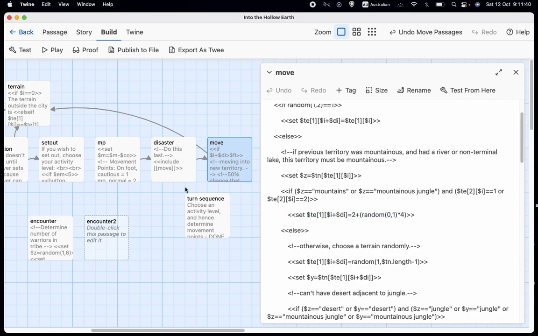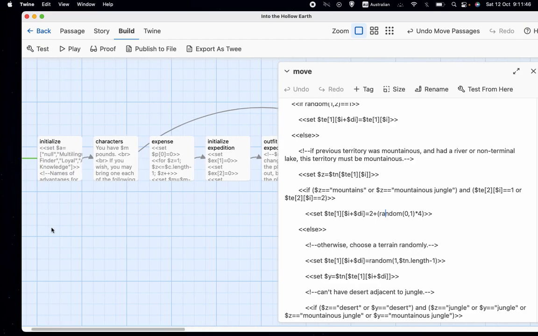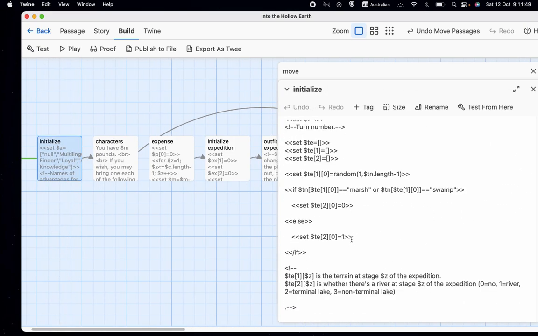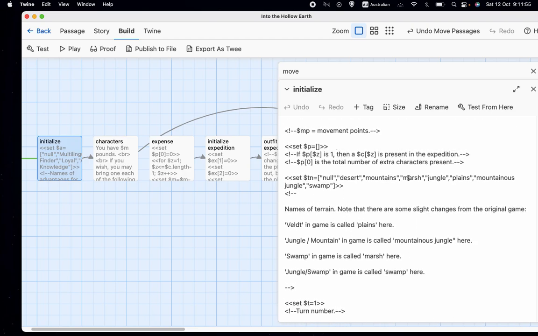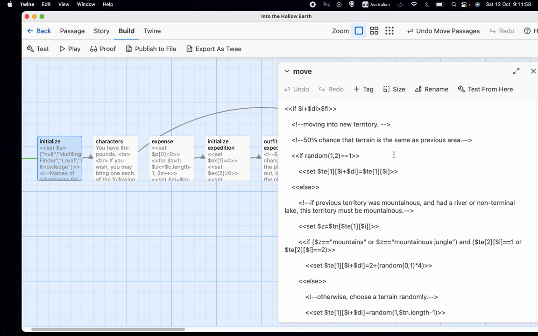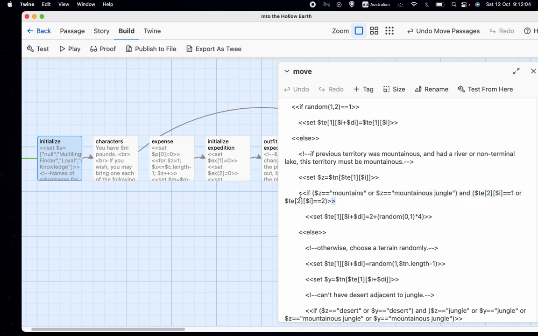And if we look at Tn, if we want to know what 2 or 6 is, we will find that 2 is mountains and 6 is mountainous jungle. So what this code means is if you are exploring into a new territory, and if your current territory is mountains or mountainous jungle, and the current area has either a river or a non-terminal lake, then the new territory must also be mountains